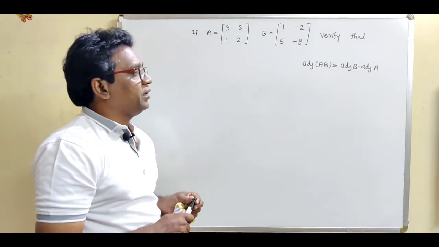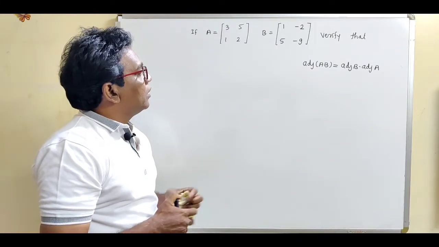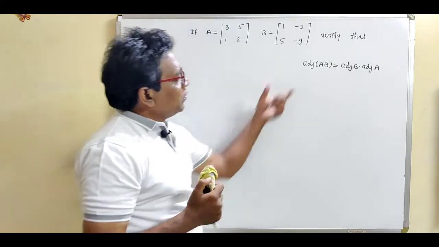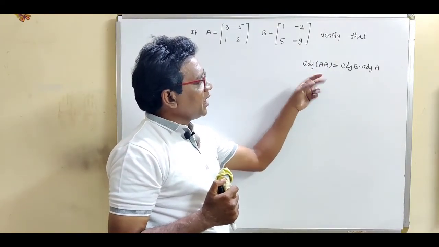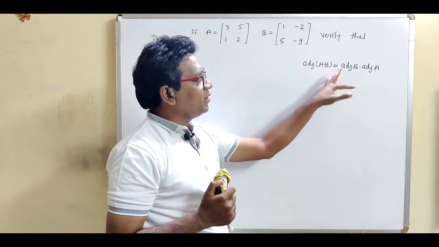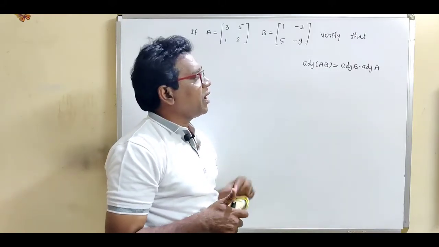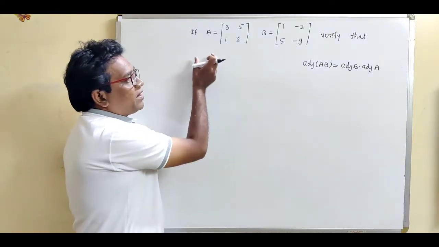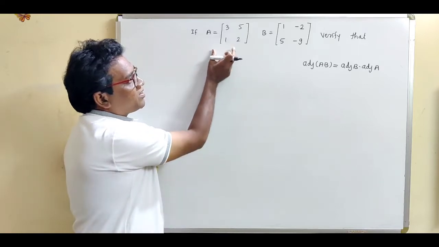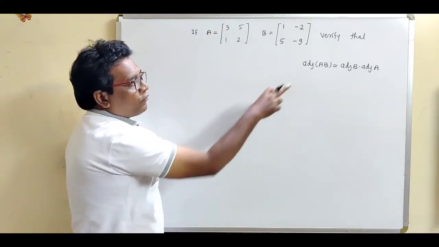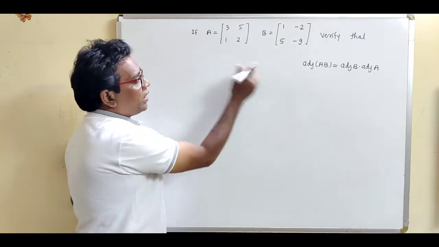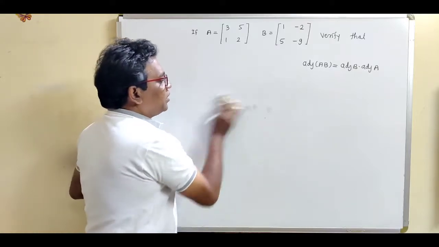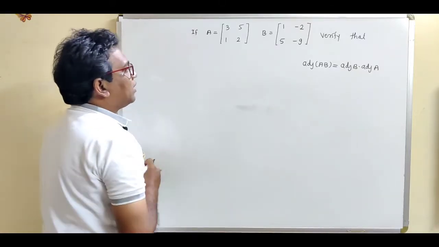Now we shall take one example on this theorem. If A and B are the given matrices, suppose, then verify this formula. Show that adjoint of this matrix AB, this is same as adjoint of B into adjoint of A. Now we are given the matrix A and B. So from matrix A we can find its adjoint. From matrix B we can find adjoint of B, and if we find suppose the product AB, then from product AB we can find its adjoint. So let us find out the adjoint of B. Write down the solution.